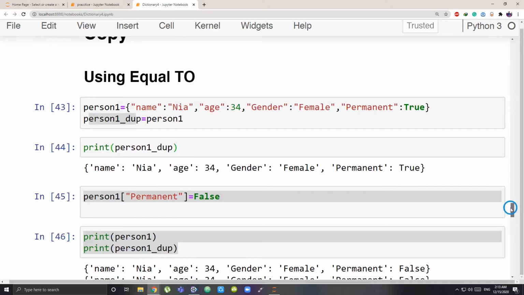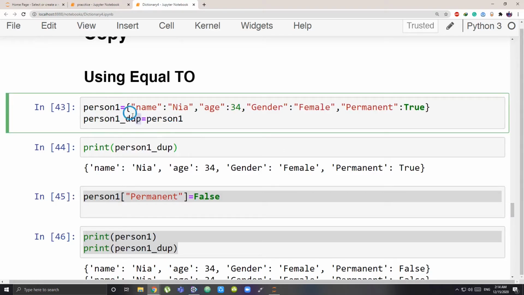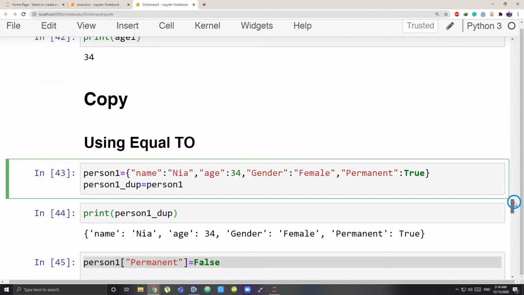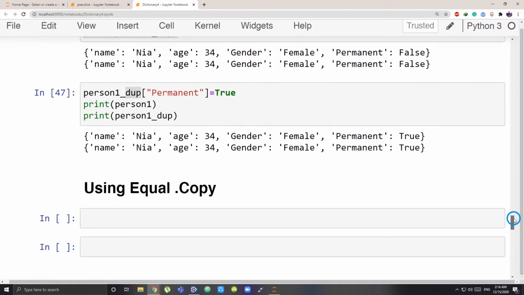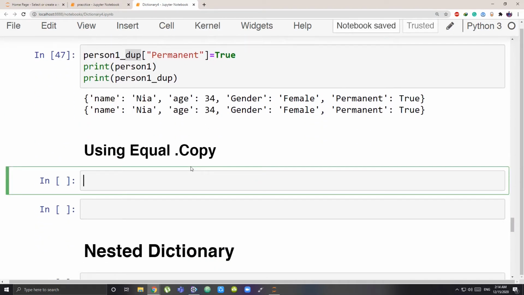And actually, if I talk in technical terms, your person1_duplicate is a dictionary that is having a reference to each of these elements, or I can say a reference to the original dictionary. Reference means it is storing the memory location of all your elements. That is why any change made to the memory location is reflected in either of the two. So that was the first thing that I wanted to tell you, using the equal to. Now that's something that you will not want. You're making a copy so that you can keep the original as it is and keep changing your copied version.